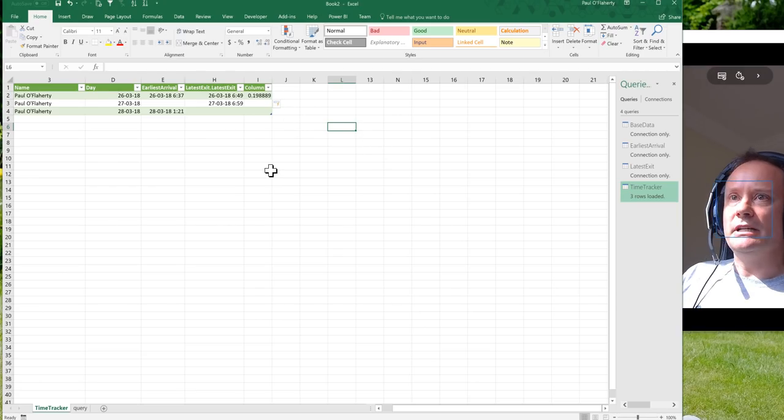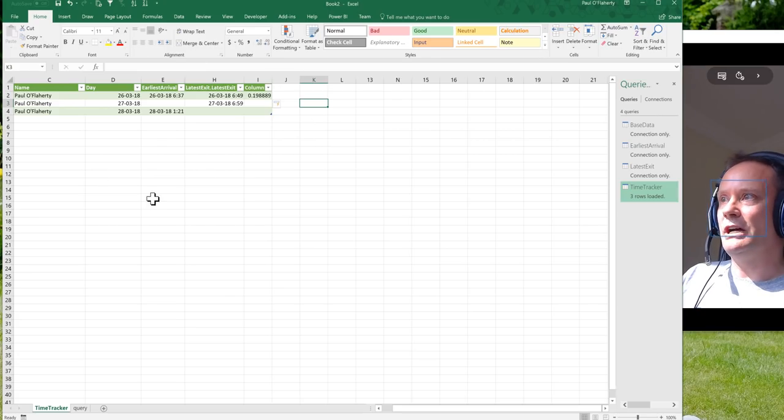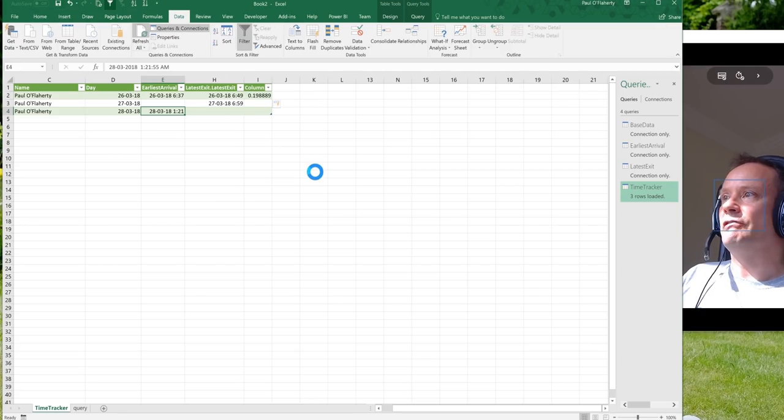So there we have it. We got there in the end. Sorry for a few typos along the way. What we've done there is we've built a complete system where our users can hit a button on their mobile phone, specify whether they are arriving at work or leaving at work, and then this whole timesheet will automatically generate for you. And all you've got to do is go up to Data and Refresh All,